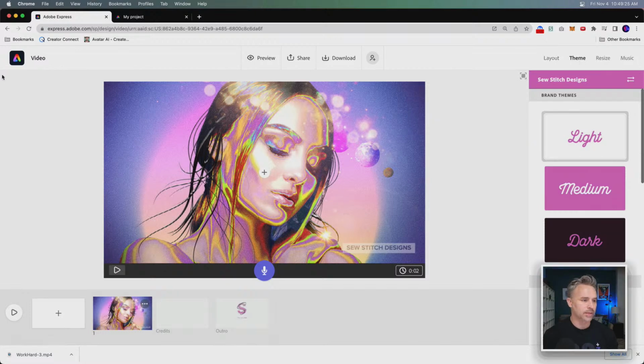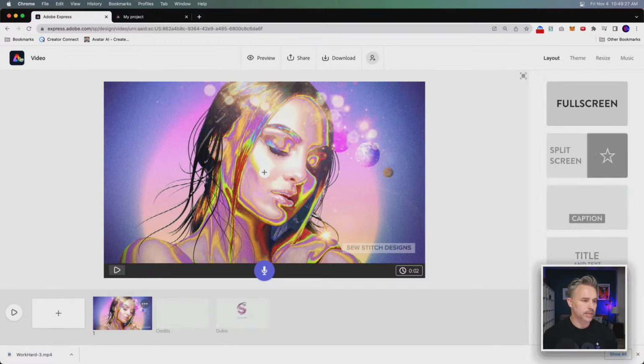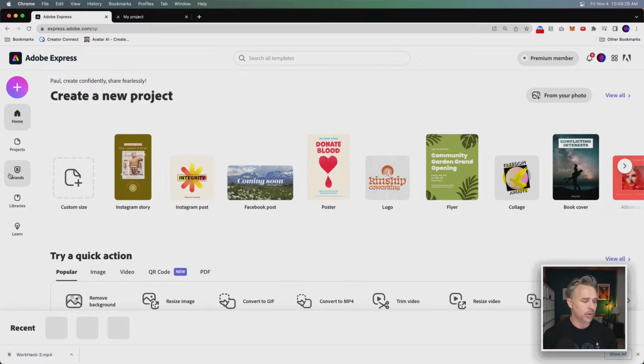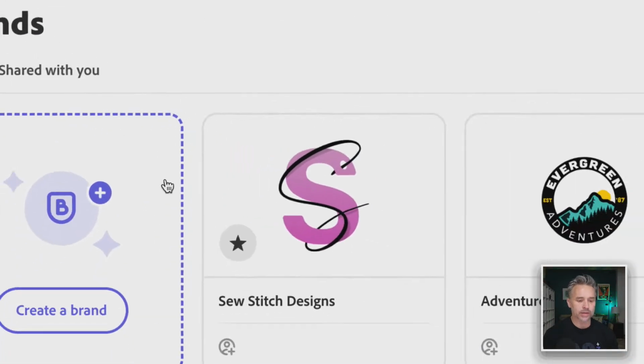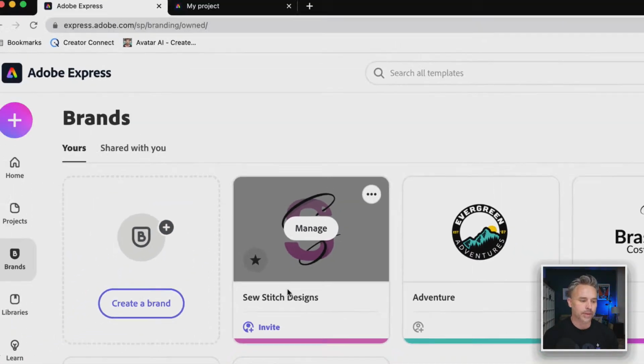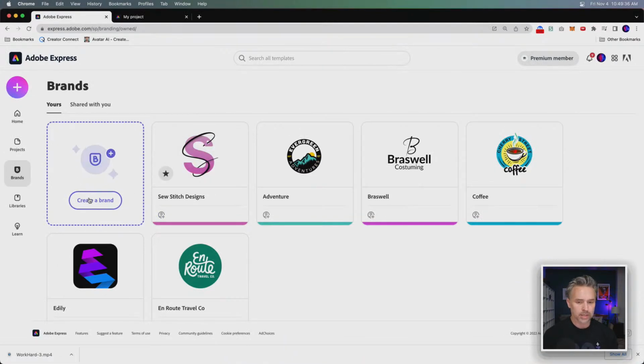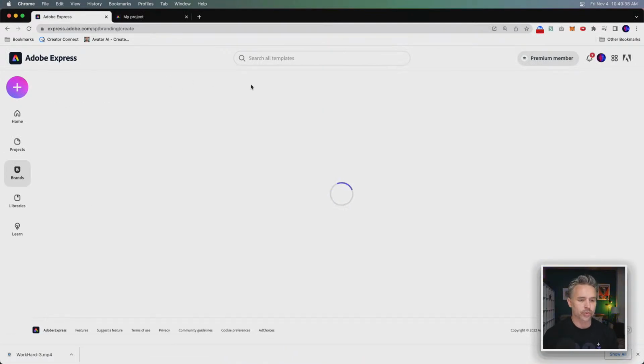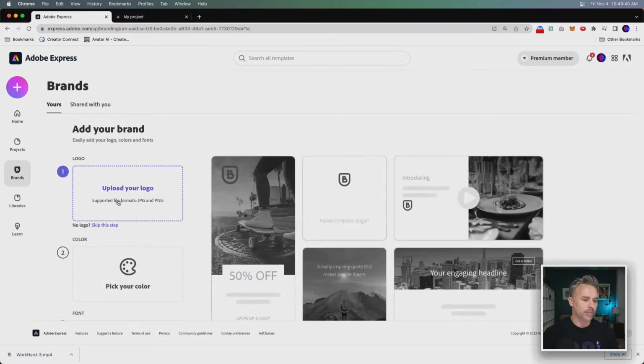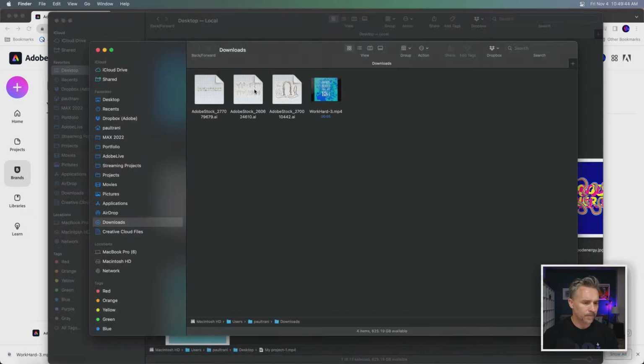And then we can get into all this other stuff. Okay, it's just called design. We'll go back. We'll go into brands. This is where that term comes from. That's where it's going to start dropping in those logos and all those things. So from here, I can just go ahead and create a new brand or make your own brand. Upload your logo.